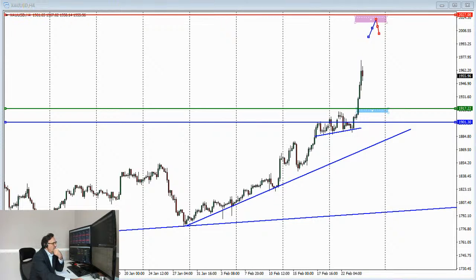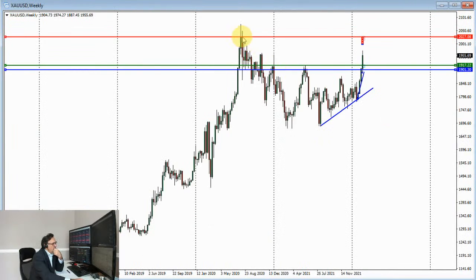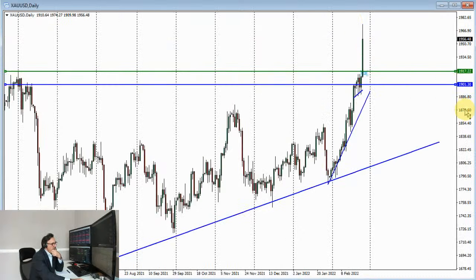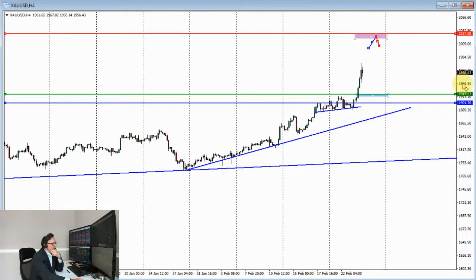If I show you the weekly or daily time frames for gold, you will see that from early 2020 we had gold at $2,030 per troy ounce, and then subsequently we had this corrective pullback lower. So using the same logic, that level now is a level that could be referenced as a resistance. So if we see either a corrective pullback for a bit and then a rally from here, that would be an option.